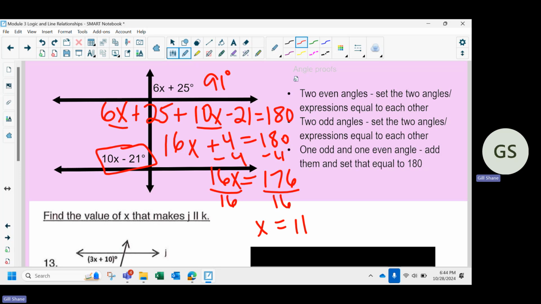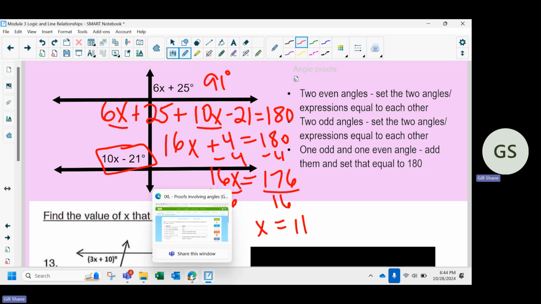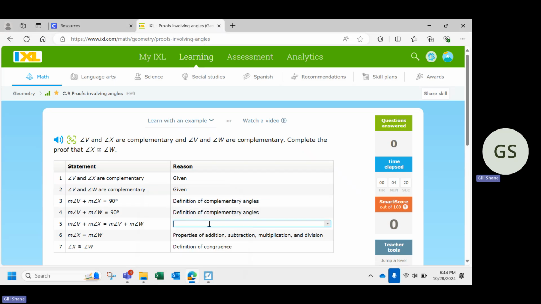All right, so that was the second thing we did in class. And then the last thing we did, I told you a lot about the quiz grades and about your next quiz. Your next quiz is going to have proofs on it. I did not put any proof stuff on the last quiz, so I'm going to move it to the next quiz. It might have more on there now than I was going to originally have since it's moving to sort of its own quiz. But when you practice, and you're going to get some practice time in class if you are watching this before class, that is,